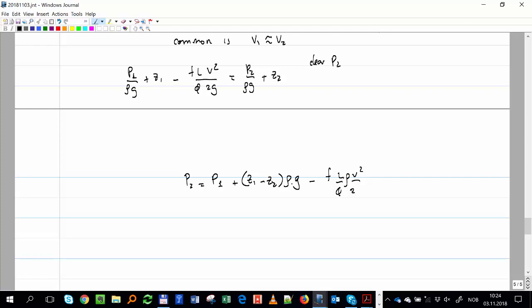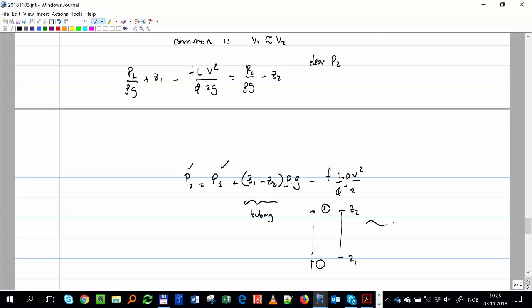Yes, okay. So you see, we almost have that expression. P2 has a function of P1 and rate, okay? Z1 minus Z2, that is, if we are talking about a tubing, okay? That is typically the difference in height, okay? If we are talking about a tubing, we know that 1 is at the bottom hole, 2 is up here. So usually, Z1 minus Z2, that gives you